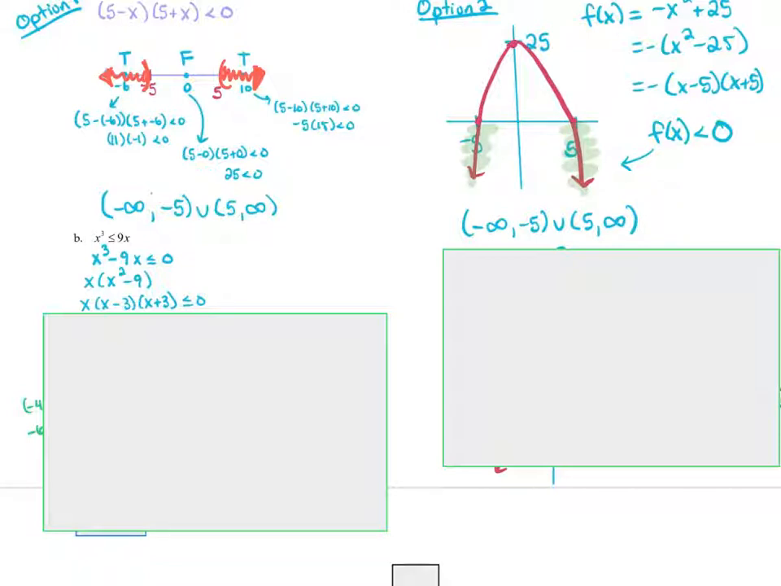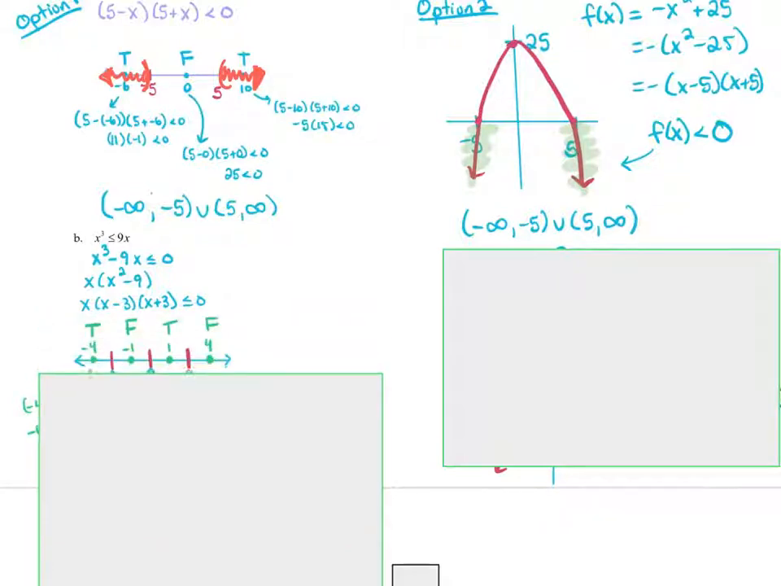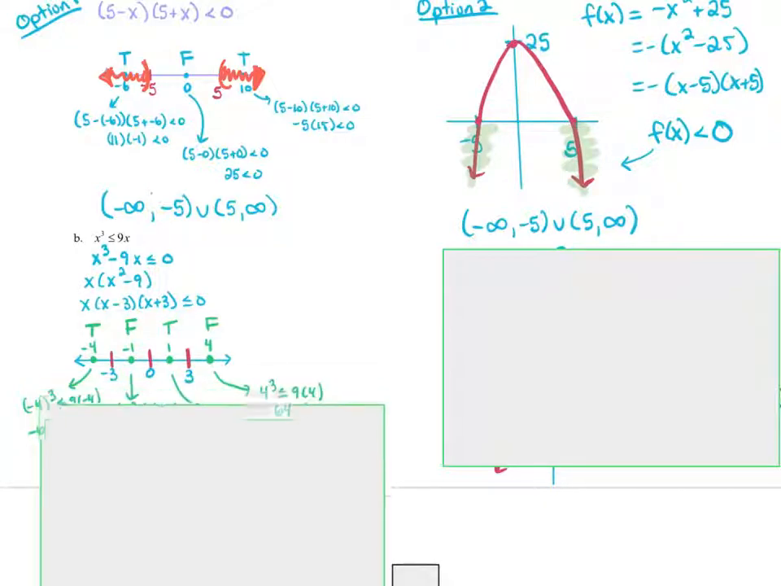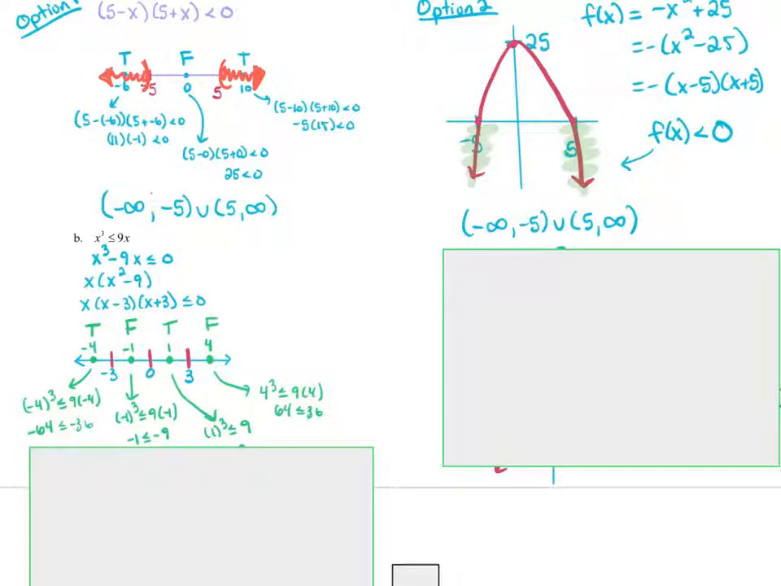So I'm going to make my number line, or my sign chart, with 0, 3, and negative 3 marked off. So I have those kind of in maroon there. Then I'm going to choose these sample points. So I chose negative 4, negative 1, 1, and 4. I'm going to plug each of those sample points into the original inequality. When I plug into the original inequality, I'm plugging in up here before I moved things over, and I get